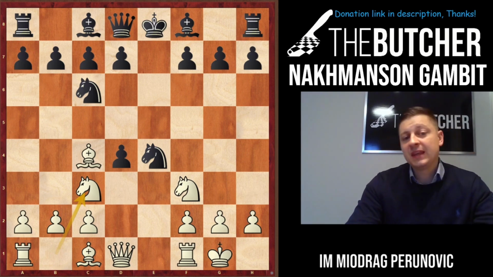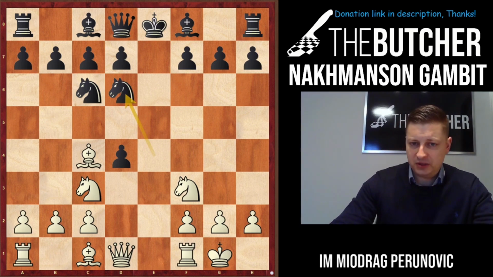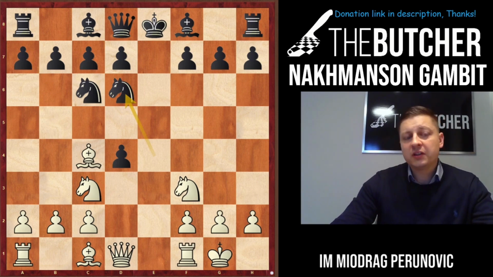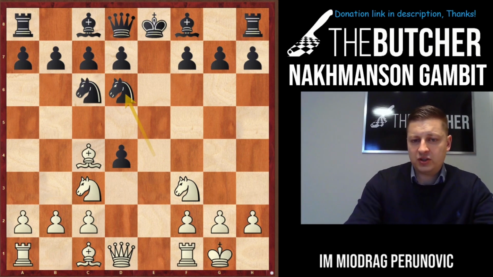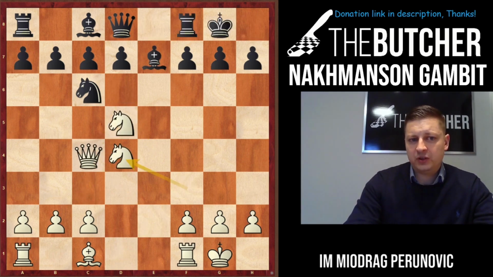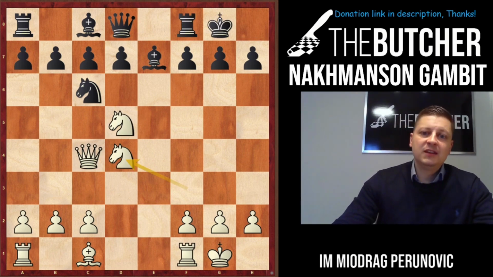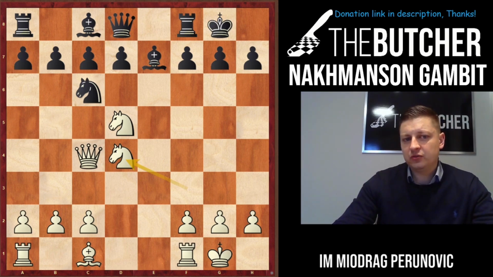In case they go with knight d6, I read somewhere that somebody said that this is the refutation of the gambit. I cannot call it a refutation in the classic sense of the word. We can say that it gives black fairly good chances afterwards, but I'm going to give you two approaches: queen check and rook check. In case of queen check, bishop e7, knight d5, when they take, queen c4 and knight d4, I don't think you're lost here. Yes, they're up a pawn. They do have a better position,